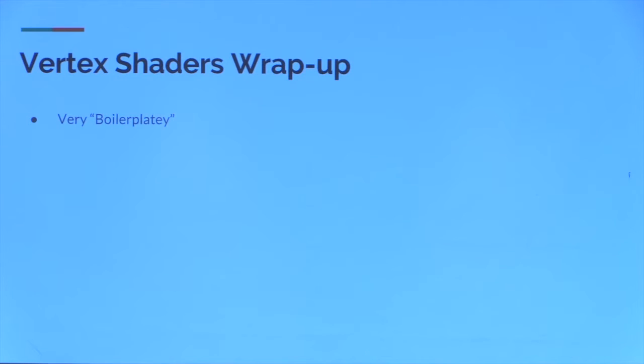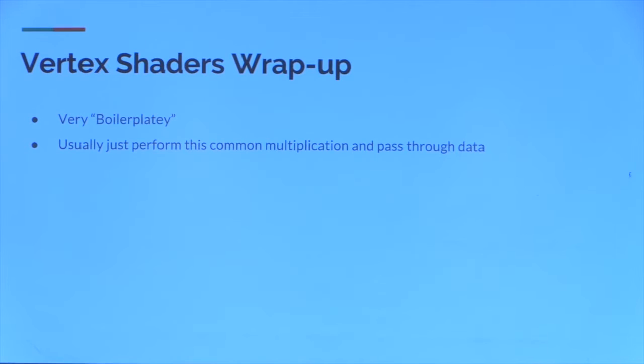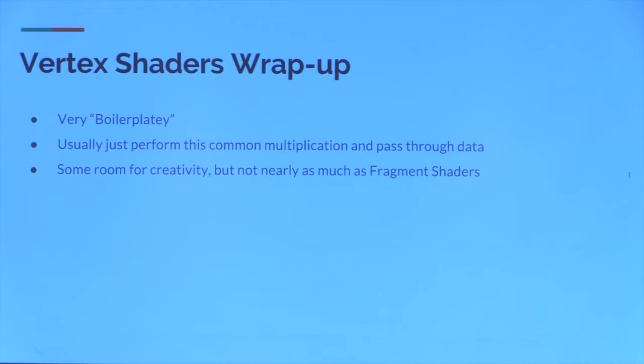They're very boilerplatey. It's kind of the same code in every single vertex shader. You're just going to be doing this one multiplication, passing through your texture coordinates. There's a little bit of room for some creativity. Maybe you're moving those vertices using some fancy math, or extruding along the normals. But usually you're just going to pass through your stuff and do all the really interesting stuff in the fragment